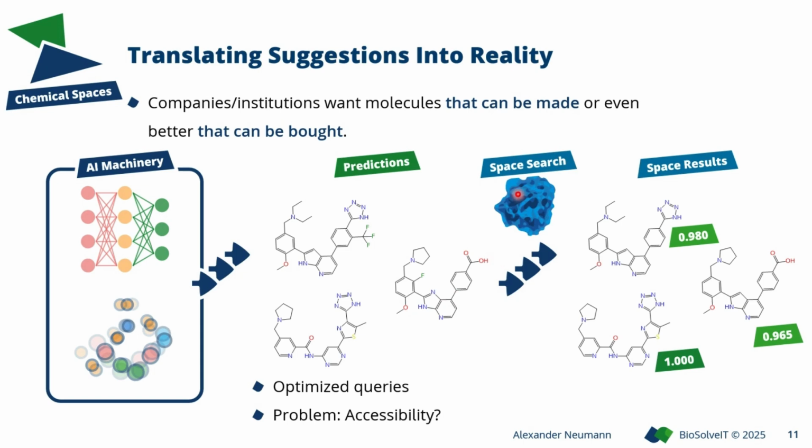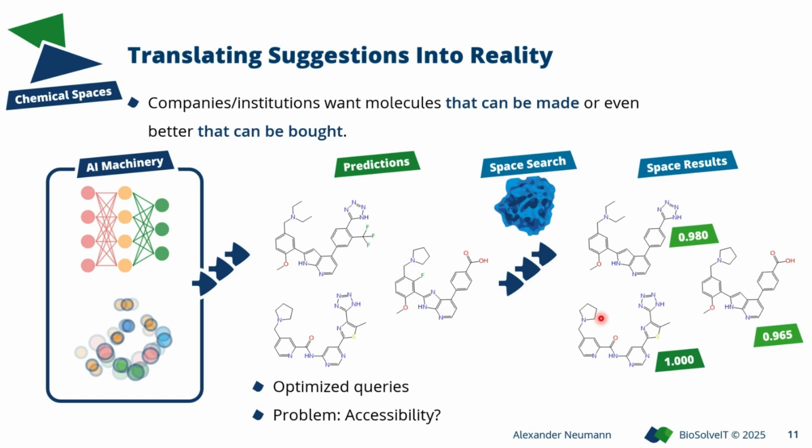And this is where chemical spaces come in. You have your predictions, and what you can do is take a look into the largest compound collections, which are the combinatorial chemical spaces, and see which compounds are inside the space. Is it the real compound that is exactly like the one I provided for my predictions? Or also there are some very close analogs that are just